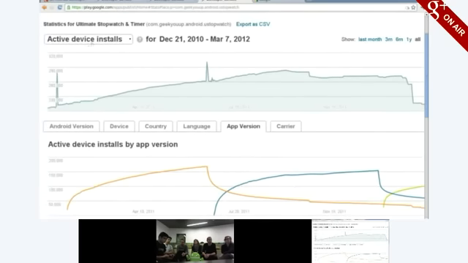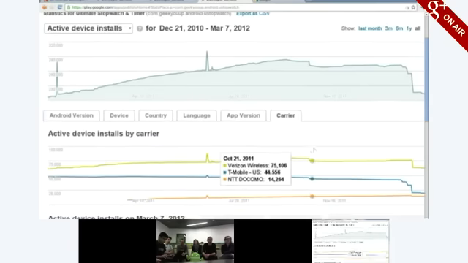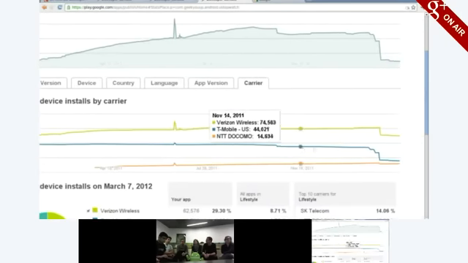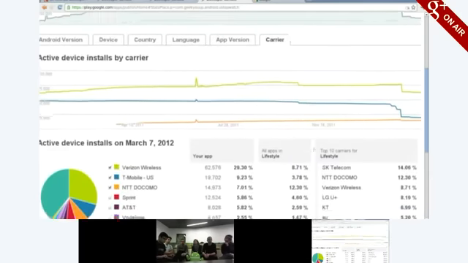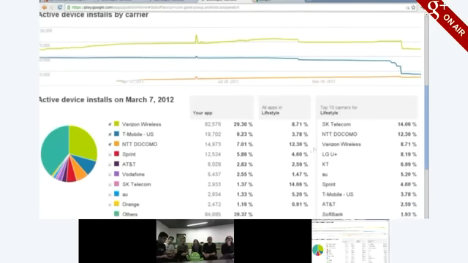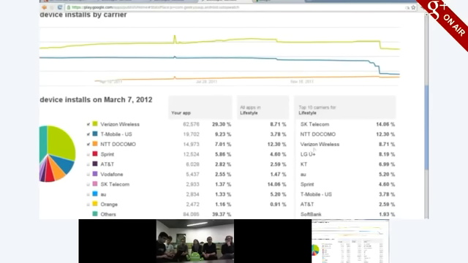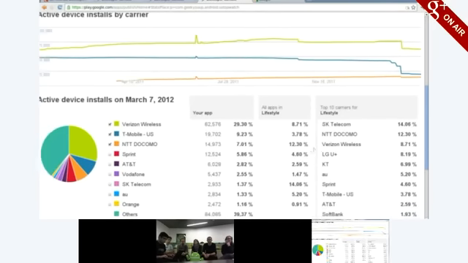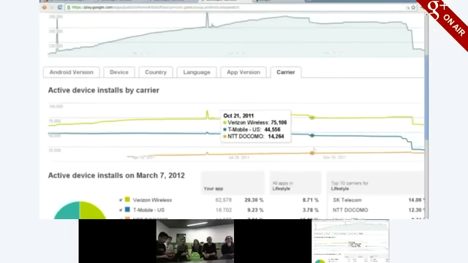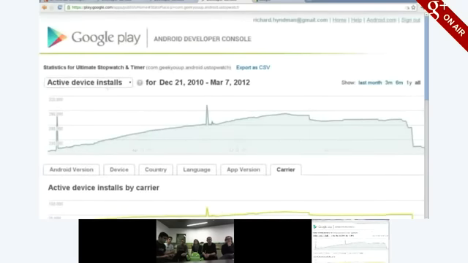And we also have carriers, which is also a new dimension, which was not there yet. I think this is really interesting, especially for the marketing folks out there, to see where my users are and where I have to improve. Maybe do some specific marketing for specific carriers. Let's go to some daily installs,